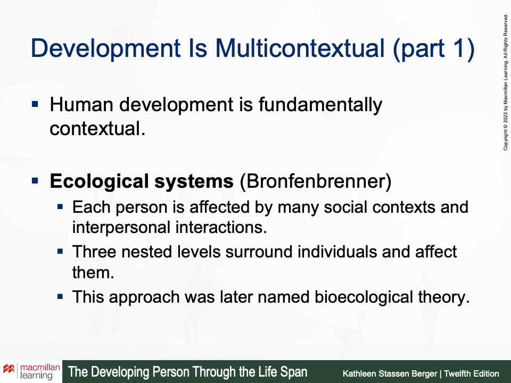So the next part of this that we're going to be discussing is that development is multi-contextual. Basically what this means is that human development does not happen in a vacuum, and that there are these ecological systems that have been identified that each person is affected by. So this includes social contexts and interpersonal interactions. And we really talk about 3 nested levels surrounding this